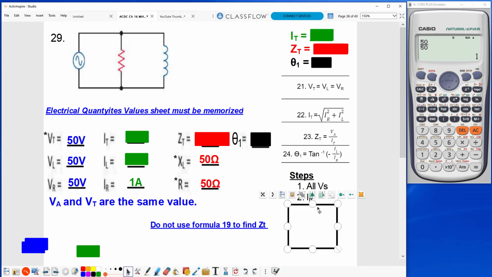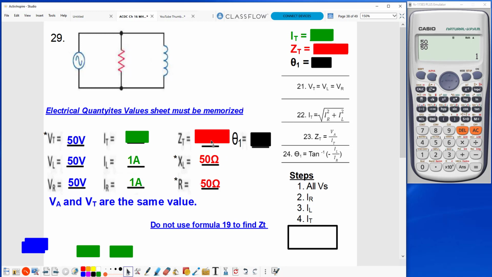My next one I'm going to find is IL, and it looks like, again, we have 50 volts and 50 ohms, so that'll be 1 amp. The next thing we're going to solve for is IT. But before we solve for IT, I want to take a moment to point something out to you. Here you have XL and you have R. So the temptation is going to be to go ahead and find ZT. But I want to point out to you that